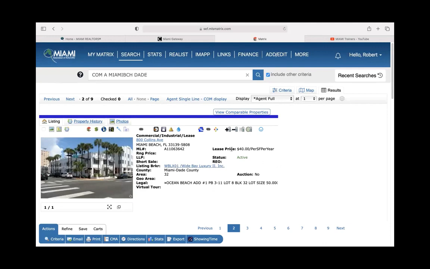All right. So once again, it's a very lucrative industry in the real estate industry, commercial leasing. Okay. Another thing that you guys may want to know,